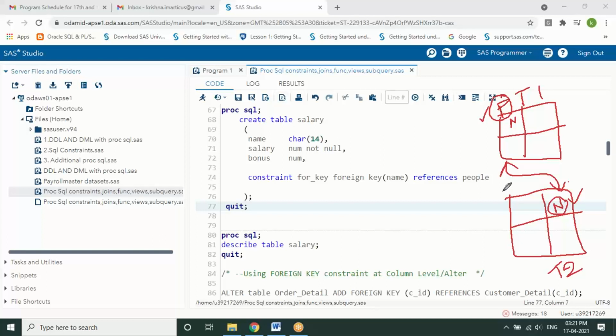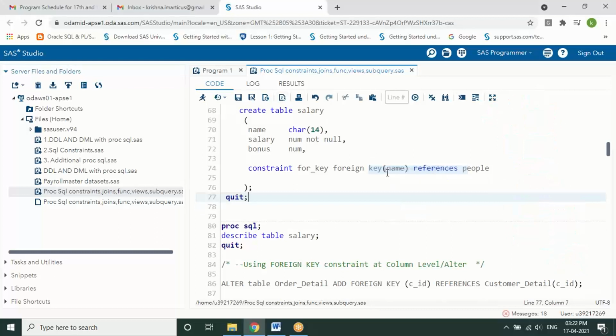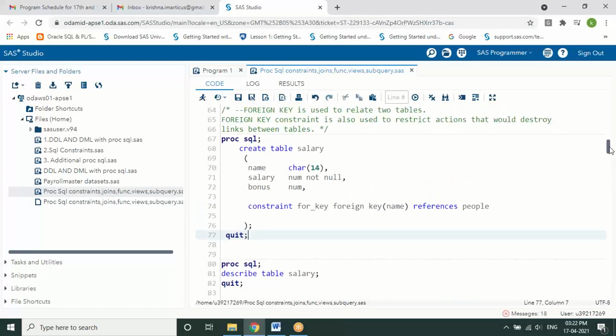And this foreign key can be the primary key of the table too? Yes, definitely, Krishna, that can be. That is not a requirement, it should not be a mandatory thing, but it can be. It can be a primary key of one table and also the foreign key to the other table. But the name should be common in both table 1 and table 2 for referencing. There should be some kind of common thing in both tables. Then only will we be able to make some kind of references, right?